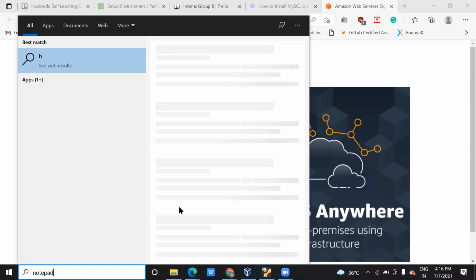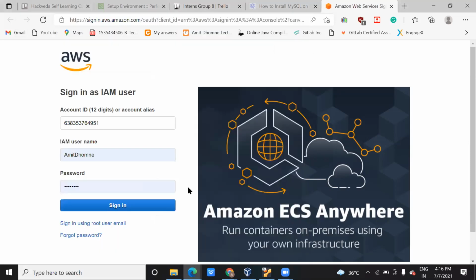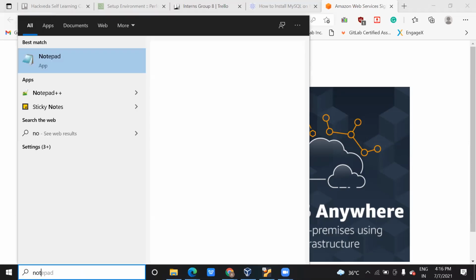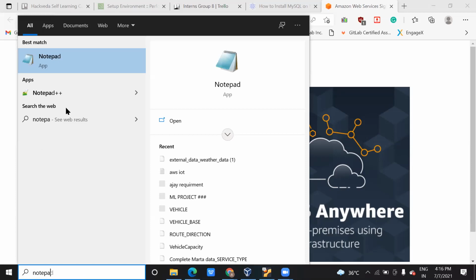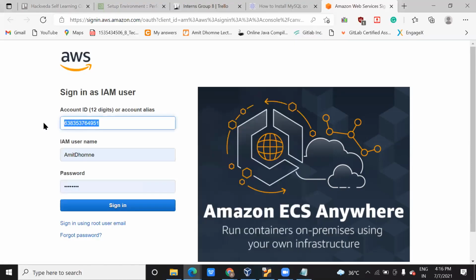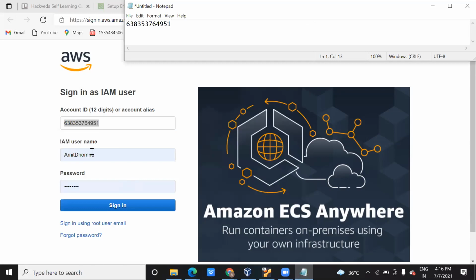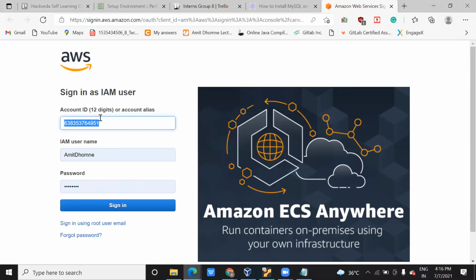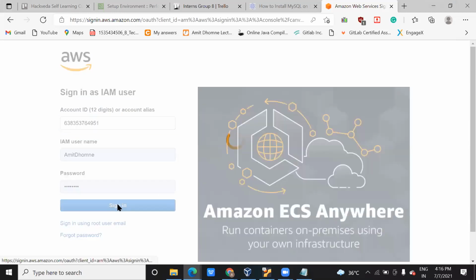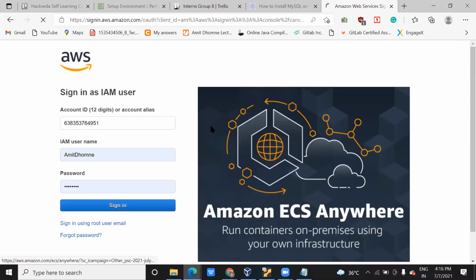So this kind of ID will be assigned to you. You can save this ID whenever somebody gives you their account to access. You can save this 12-digit account ID with you, because you might need it whenever you want to log in. After that, you have to create the username and password, but this ID is needed. Then you can sign in. Once you sign in, you can go to the management console.